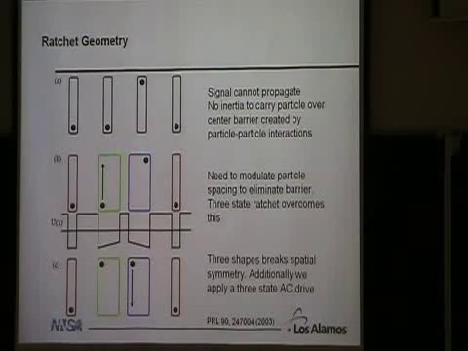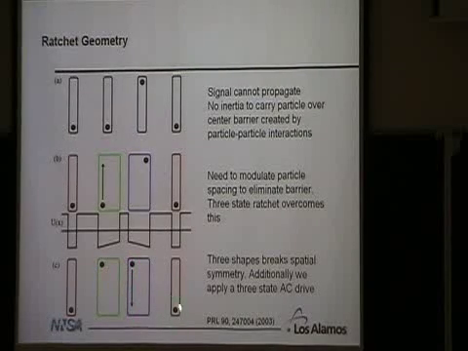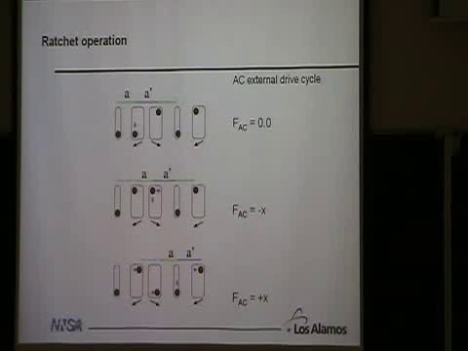So now we apply the leftward drive, which is just enough to move this guy from this side of the potential to this side, but not to kick him all the way out. And now these 2 particles are close together, but these 2 are far apart. And so now these will be coupled and they'll go to the bottom, and this won't prevent it from going to the bottom. And the next slide I have up for the next stage here.